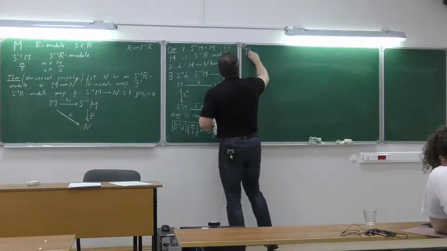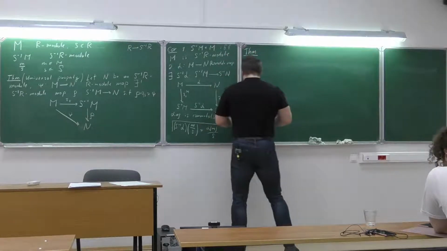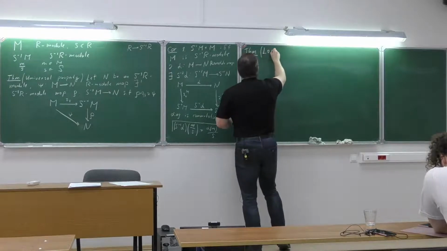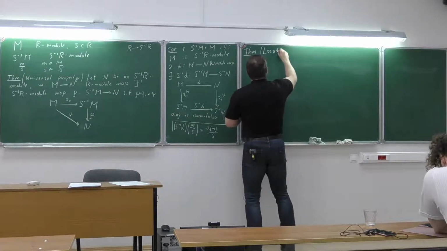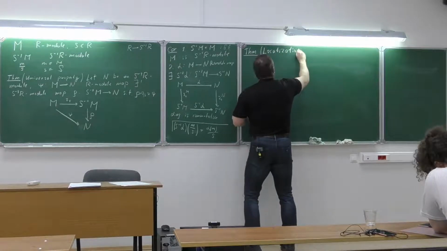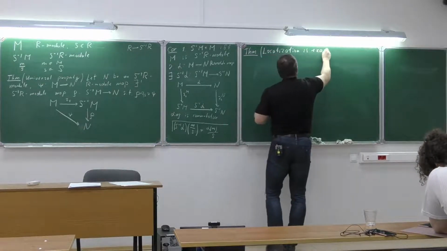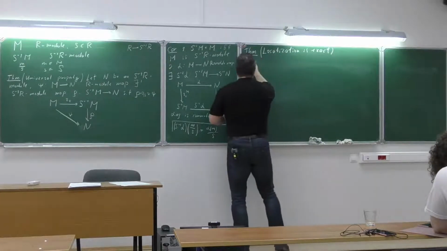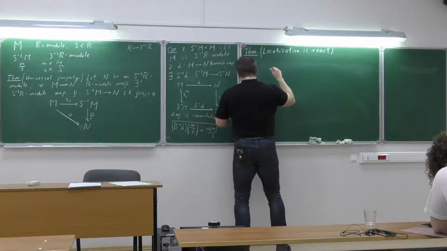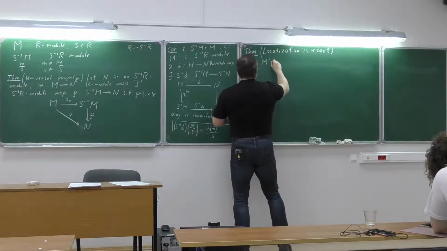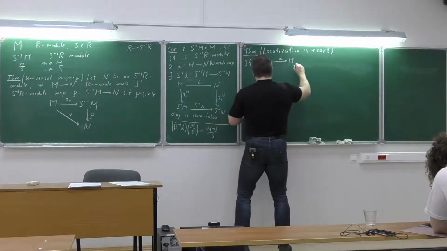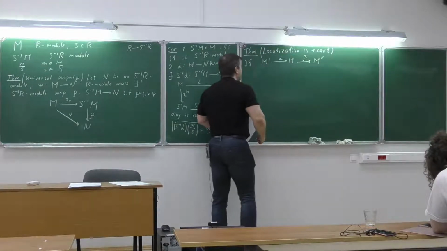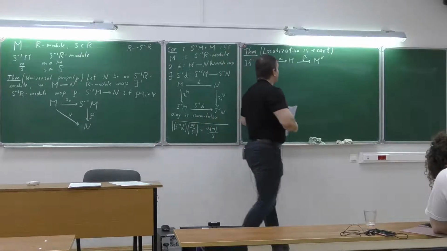So now we have something interesting, which is not something that we already know, some new information. So the next theorem is sometimes called: localization is exact. So in the following sense, if you have an exact sequence, M prime mapped with the map alpha to M, then there is a map beta which maps this to M double prime. So if this is exact,